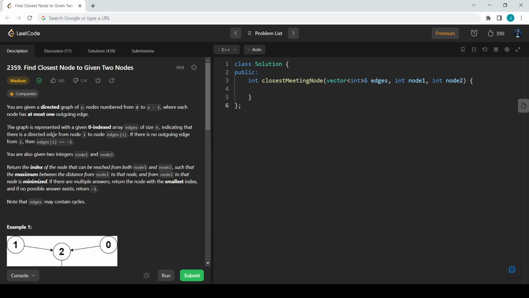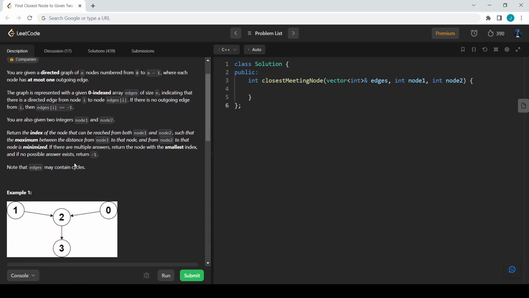And the graph is represented with a zero indexed array edges of size n, and edges[i] indicates that there is a directed edge from node i to node edges[i], if edges[i] is not minus 1. You are also given two integers, node 1 and node 2, and we want to return